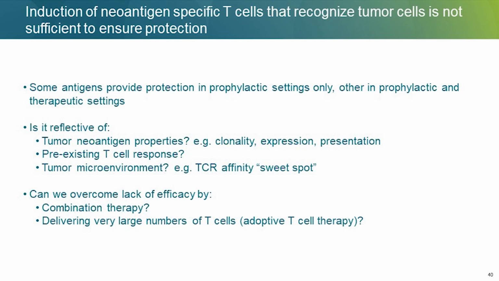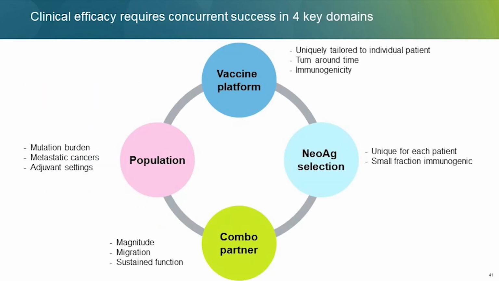And then the next question is, how can we overcome this lack of efficacy that we have observed with some neoantigens? Can we use combination therapy? Or do we have to deliver a very large number of T cells through adoptive T cell therapy in order to overcome this issue? So I just want to finish by saying that I hope I convinced you today that